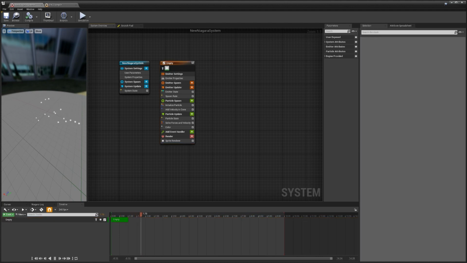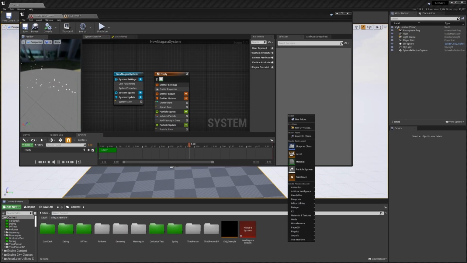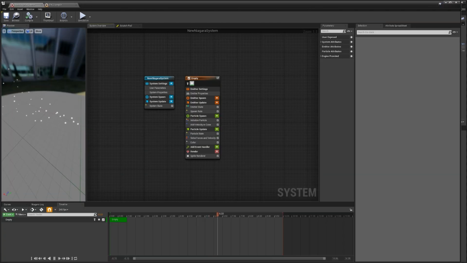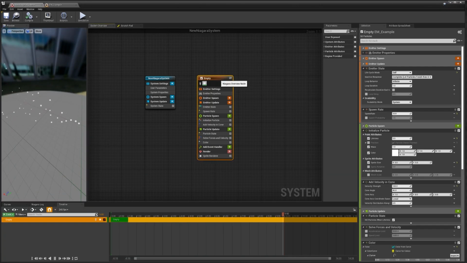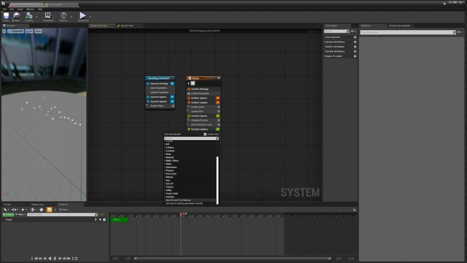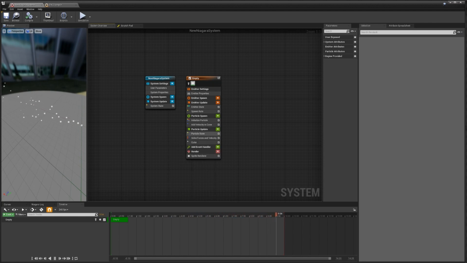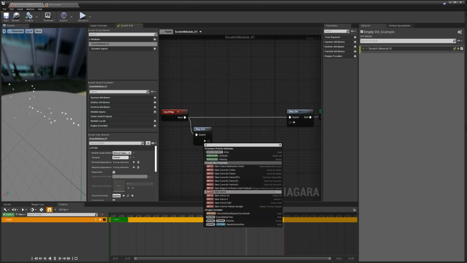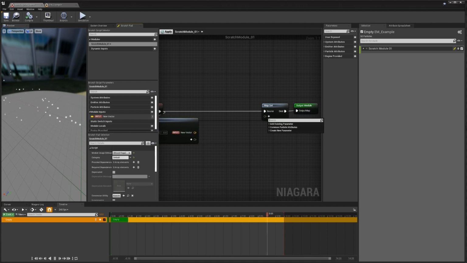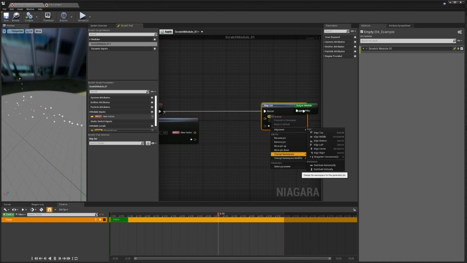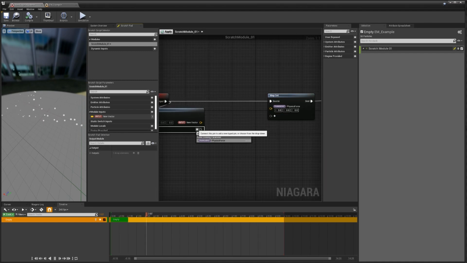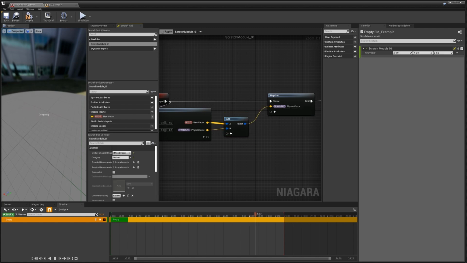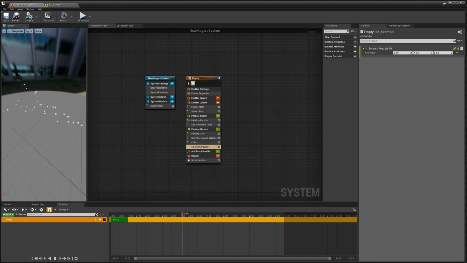Creating modules has been made much easier as well. Now, instead of right-clicking in the content browser and going to effects, we can do this directly inside the emitter or the system. This is called Scratchpad, and we can do this just by clicking the plus button next to any of the elements where we want to add it. In this instance, I want to add it at the particle update level, and I want to create a new vector, which will be an input, and I'm going to add this to physics force. Set that to transient and get physics force. Add these two together and plug it in. Now I've created a very simple Scratch module.